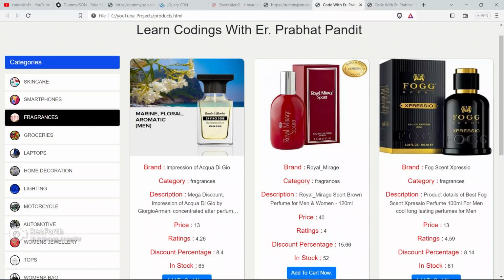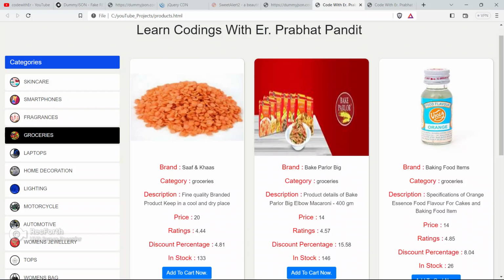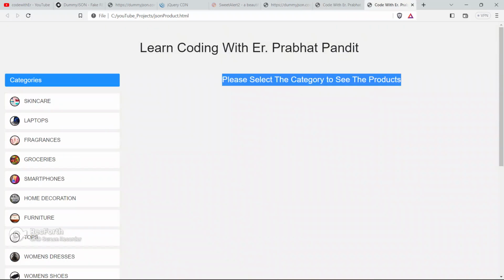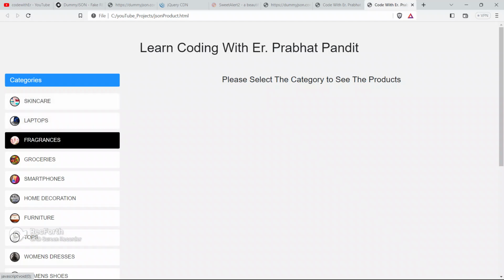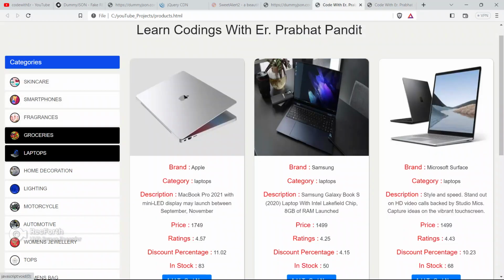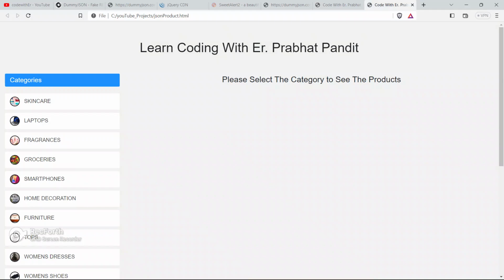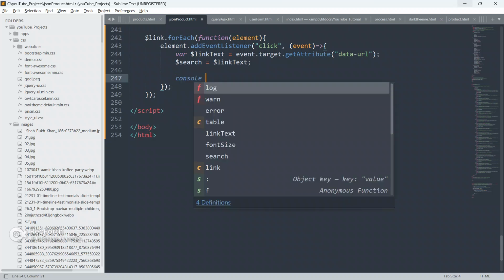Click on fragrances, see, fragrances is selected, which shows we are on the fragrances category. Click on groceries, it is already selected. So we are going to put this feature here also. Whenever someone clicks on a category, the present category will be selected like in this example.